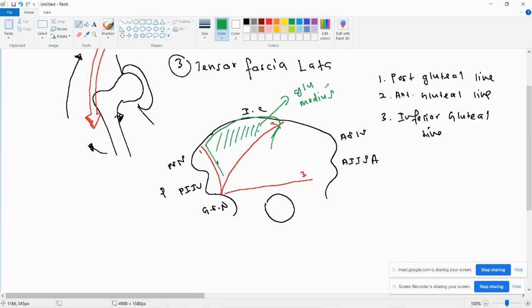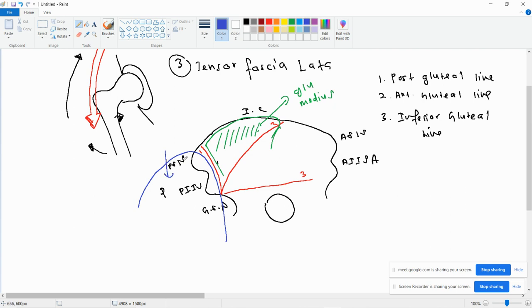Okay. So now, what is the origin of the gluteus medius? It originates from the gluteal surface of the ilium, but more specifically, in between the posterior gluteal line and the anterior gluteal line. Over here you can see your gluteus medius, just anterior to the posterior gluteal line. Just posterior to the posterior gluteal line